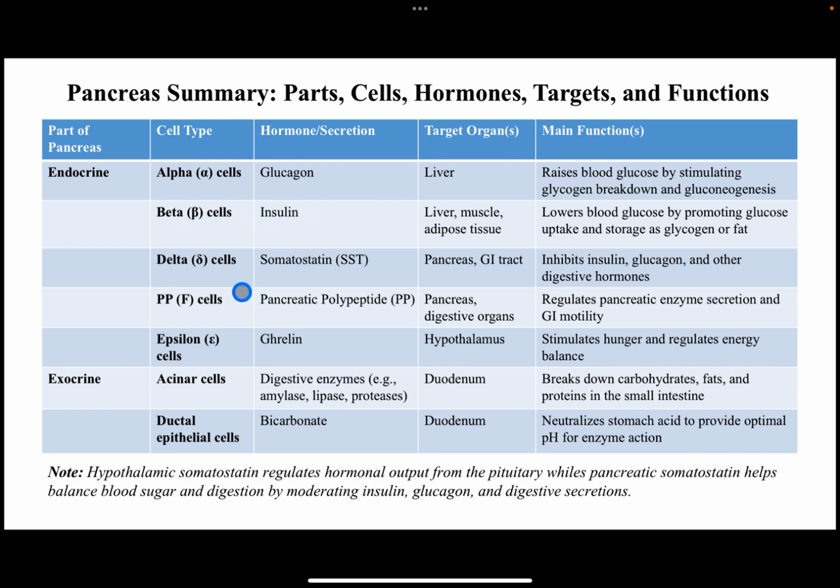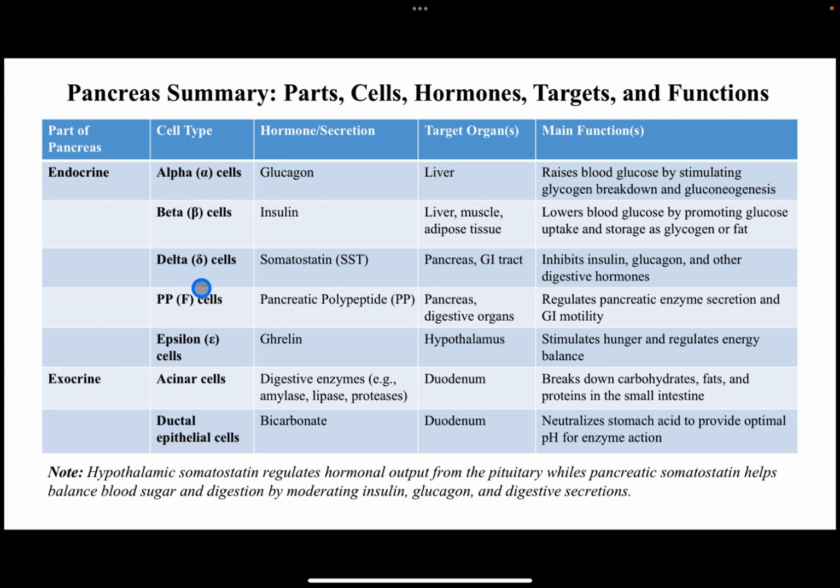Okay, the beta cells secrete insulin, delta cells secrete somatostatin, PP cells secrete pancreatic polypeptide, epsilon cells secrete ghrelin. So we have the glucagon. They act basically on the liver. Glucagon basically works to raise your blood glucose by stimulating glycogen breakdown and then gluconeogenesis. Okay, insulin also acts on the liver, muscles, and adipose. They work to lower your blood glucose by promoting glucose uptake and storage as